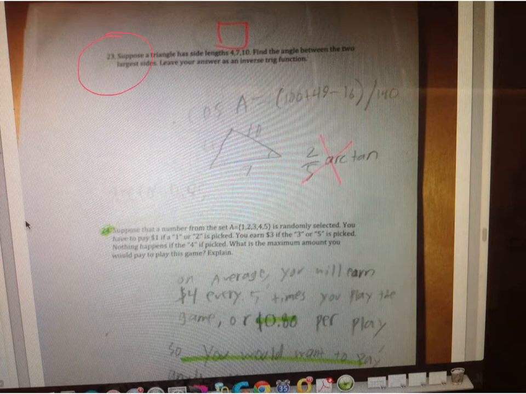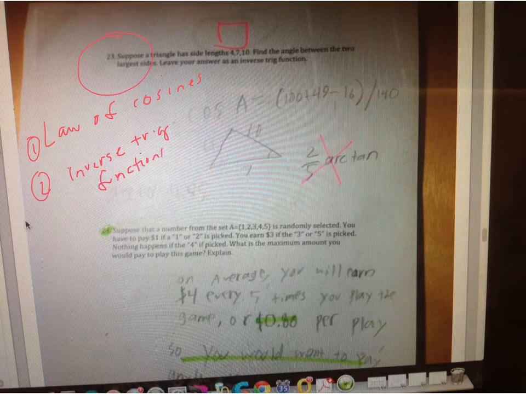So for this problem, I'm not totally sure how to follow what's going on. I think that what you should do is look at law of cosines, review that, and then also review inverse trig functions, because what you've written here